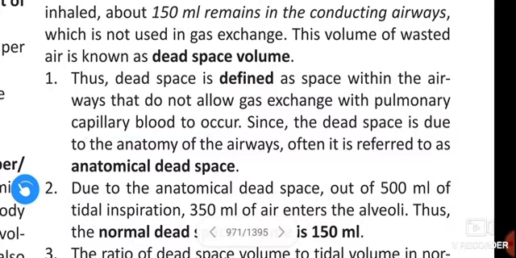Since the dead space is due to anatomy of the airways, often it is referred to as